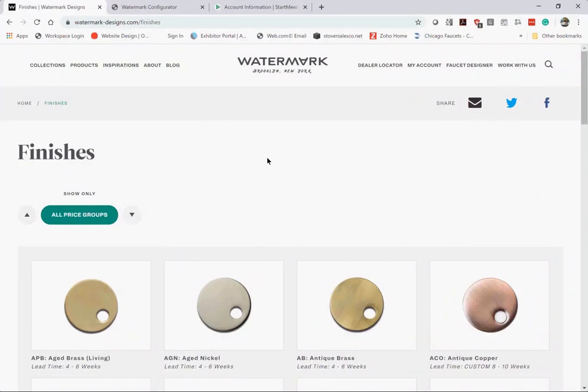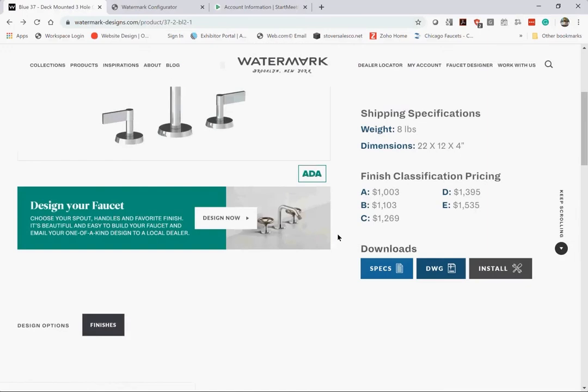But these are published on the website. We're one of the few companies, if not the only company in the faucet business, that publishes our lead times on the website. So it's easy to figure out what the lead time is. It helps you decide, do we want to go with this finish or not this finish? Not necessarily a lot of times on price, but can I get it in the lead time that my customer